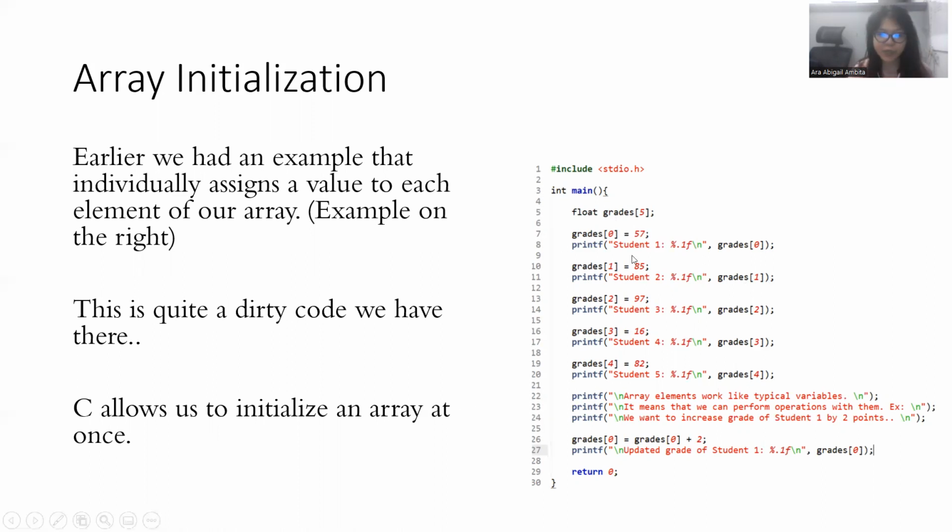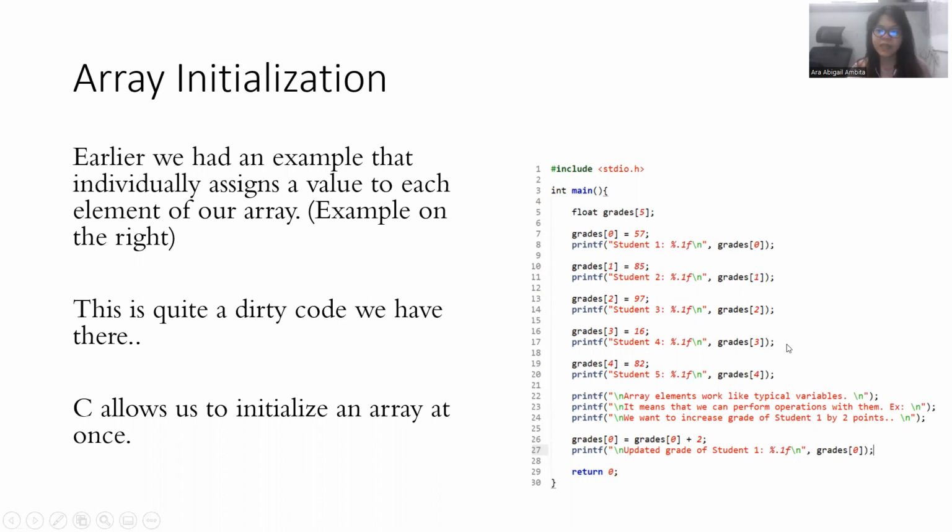So for example, we have assigned 57 to the first element of the grades array, and then we access its value by using subscripting. So the first element is accessed by grades of 0. Then similarly, we also assign a value 85 to the second position in the array, and then access it,